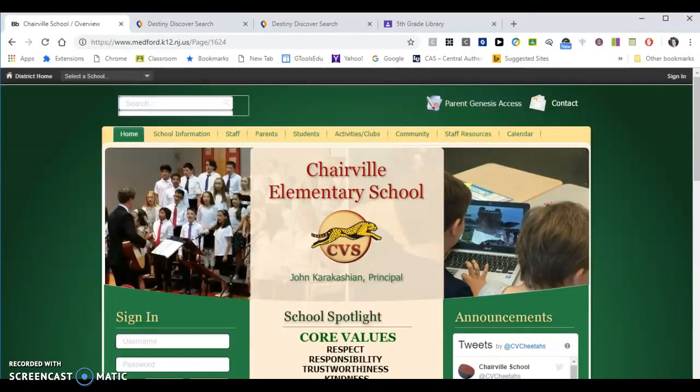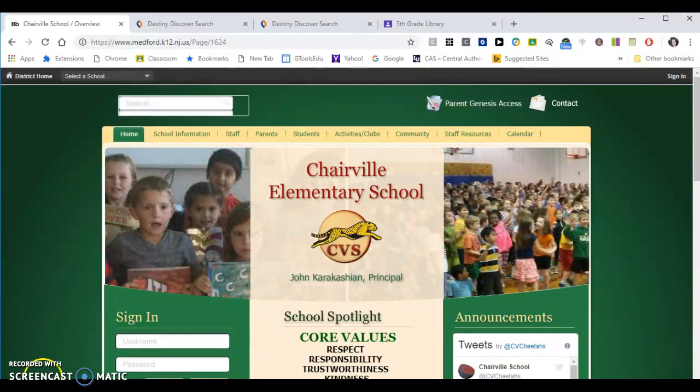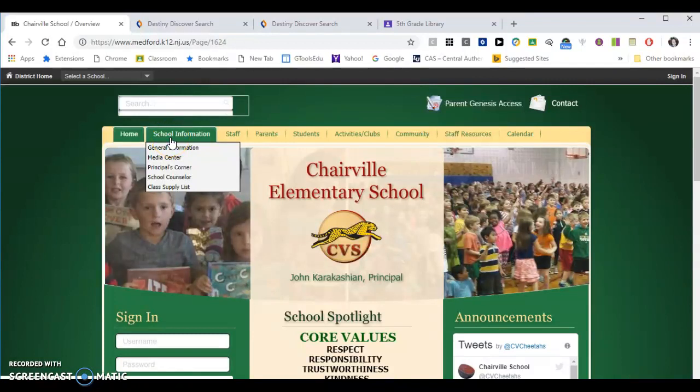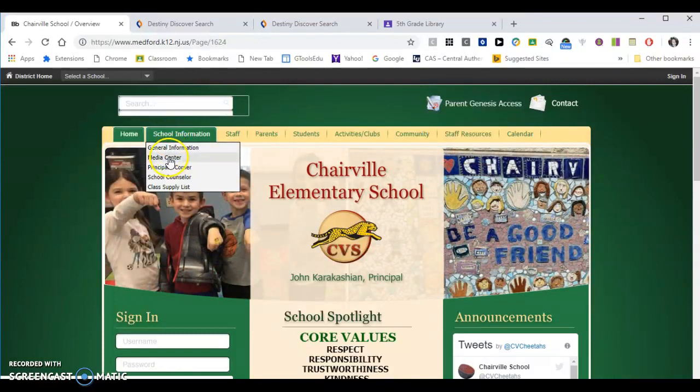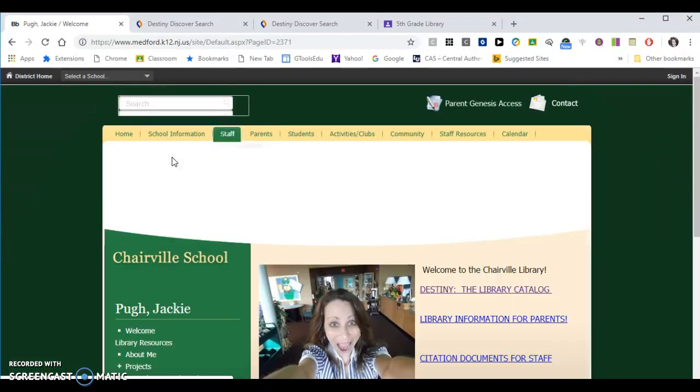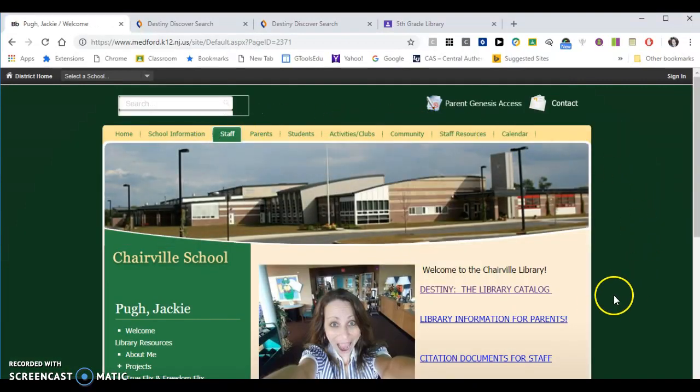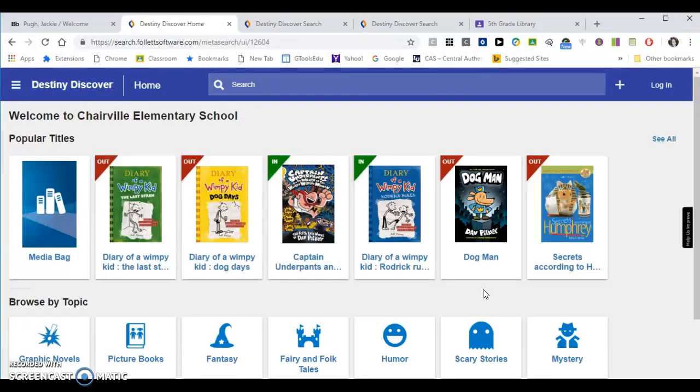We'll begin here at the Cherville School webpage. If you come up to the top left corner and hover over School Information, you can pull down and select Media Center. This will take you to the main page for the Cherville Library. Here on the right, you'll notice there's a link that says Destiny, the Library Catalog. If you click on this link, it'll open up Destiny Discover, which is our main page for searching the library